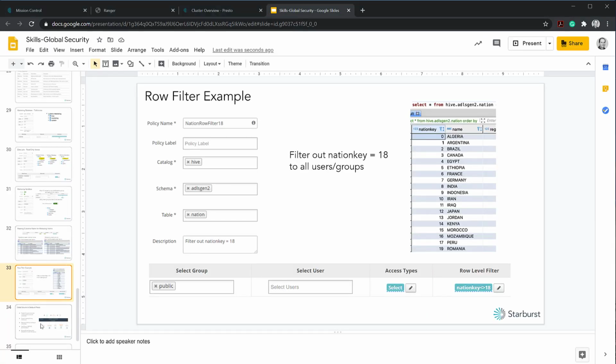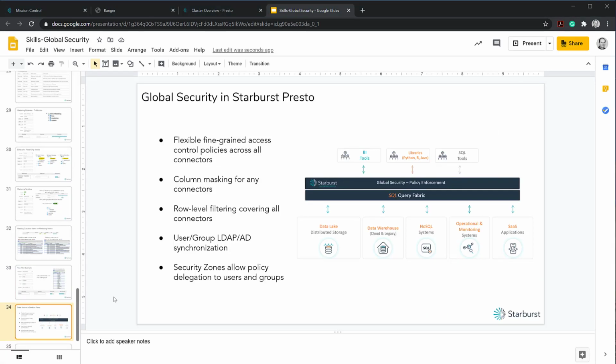All right, I think that wraps it up here. We'll go back to this one slide from earlier where we talk about what global security is. So basically it just allows fine-grained access control over all of your different data sources that you're querying from Presto. It has full user group and Active Directory LDAP synchronization as well. And it handles column masking, row level filters, security zones, all the different features that you expect in an enterprise